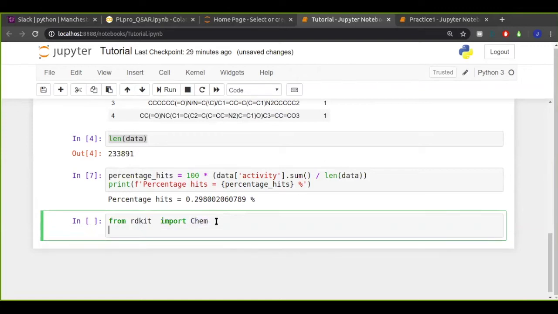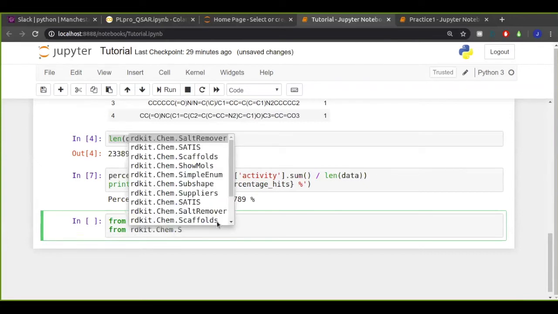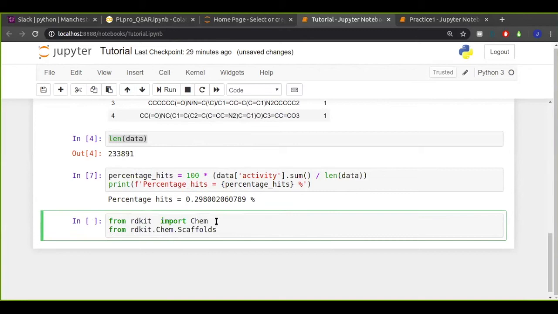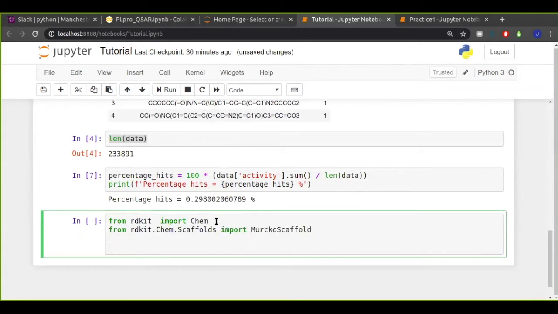Let's have a look at that, and let's also import its scaffold modules, specific programs or algorithms that will help us generate these scaffolds. From rdkit.chem.scaffolds, I'm using autocomplete here to try and find it, import Murcko scaffold. Awesome.